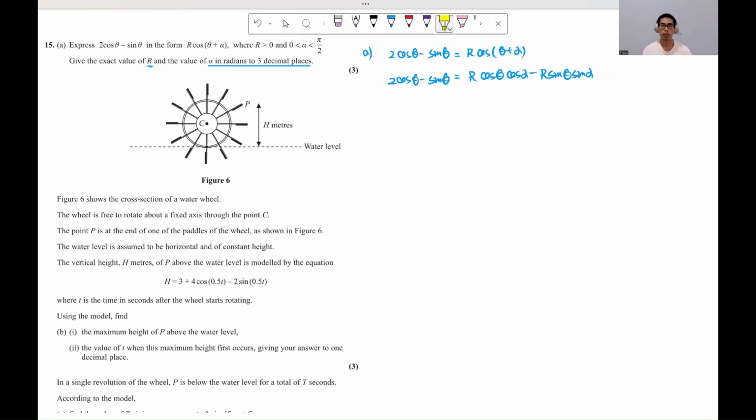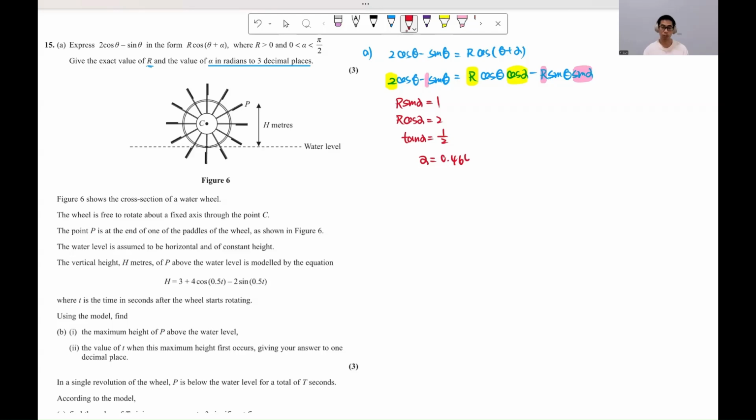So now you just have to compare the coefficients. For cos theta, the coefficient is 2, and on the other side the coefficient of cos theta is r cos alpha. For the second one, the coefficient of sin theta is 1, and the other one will be r sin alpha. So therefore, we have r sin alpha equal to 1, and r cos alpha equal to 2. So therefore, tan alpha equals 1 over 2. So alpha is just tan inverse of 1 over 2, which is